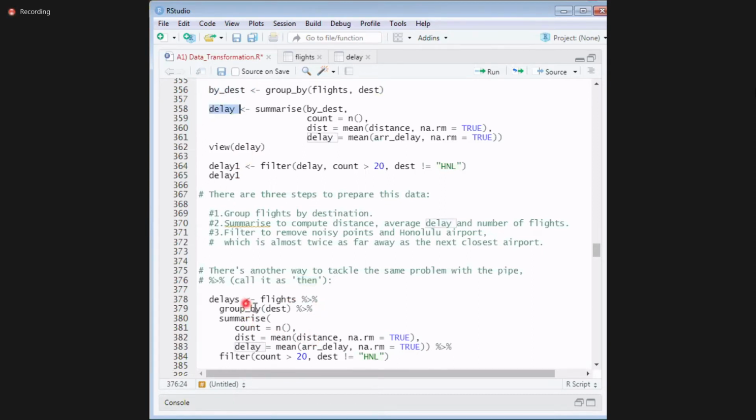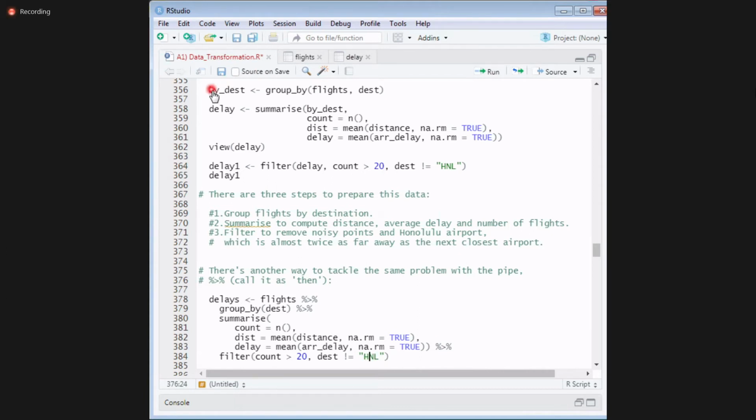What it is telling is that I want to find the delay. First you take the flights set, then you group by destination, then you summarize, then you filter. It is like normal English, an if-then kind of thing. But here we don't have if, we have then, meaning one step followed by another, one step followed by another.